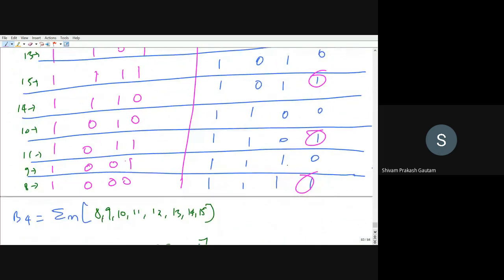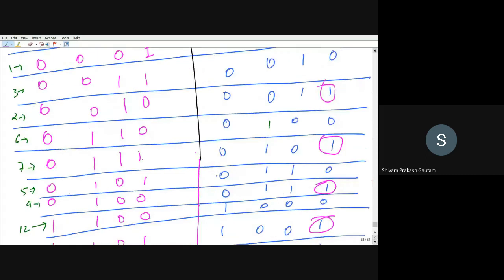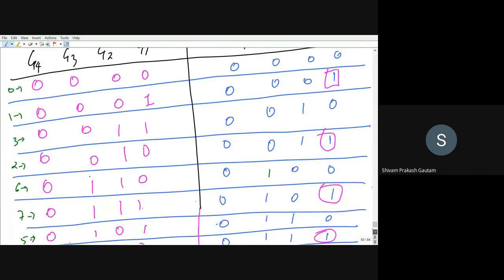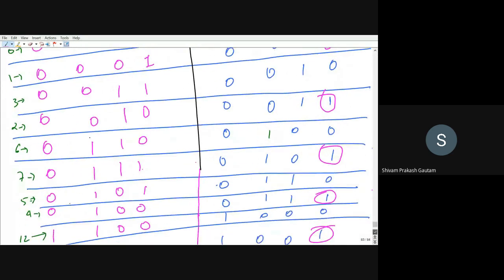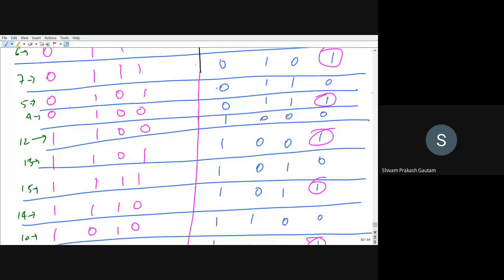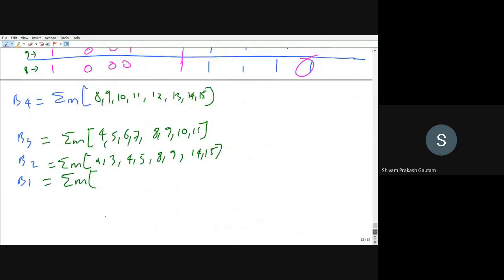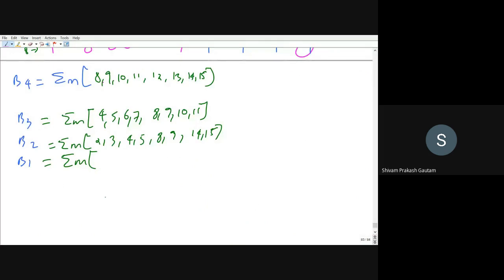So the minterms will be 1, 2, 4, 7, 8, 11, 13, 14. Right. So these are the minterms for B4, B3, B2, B1.